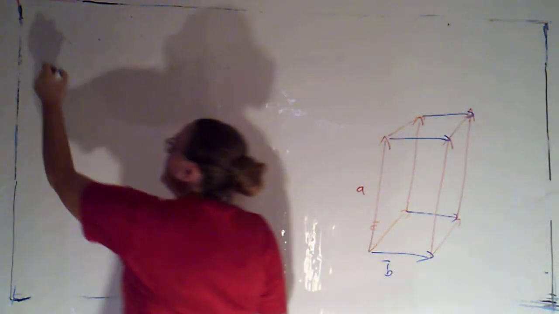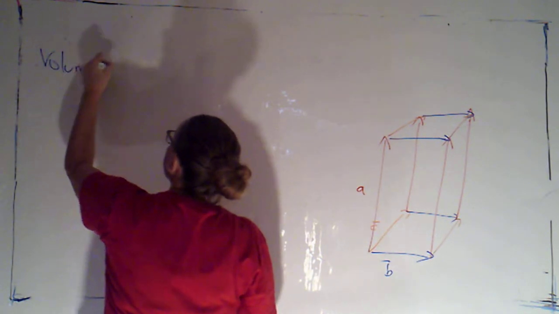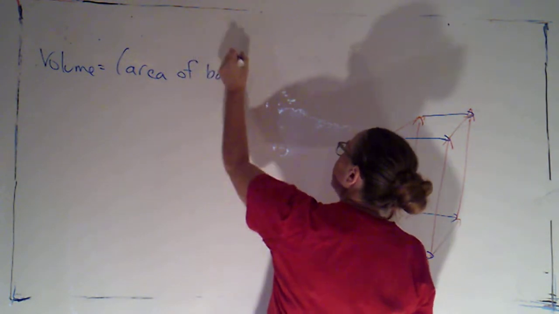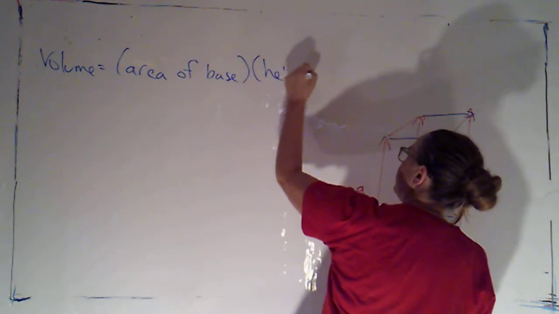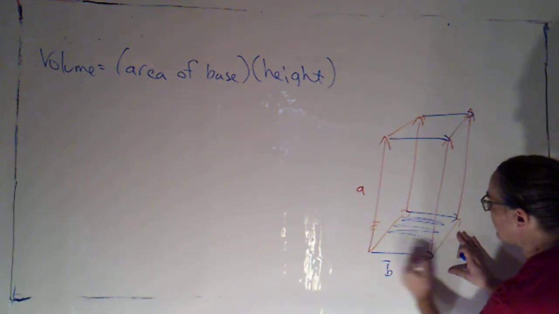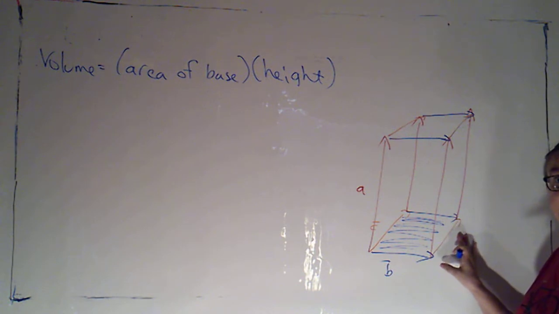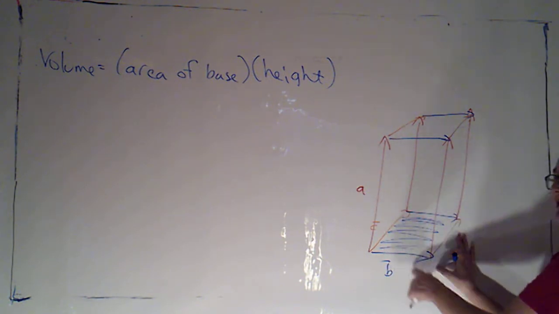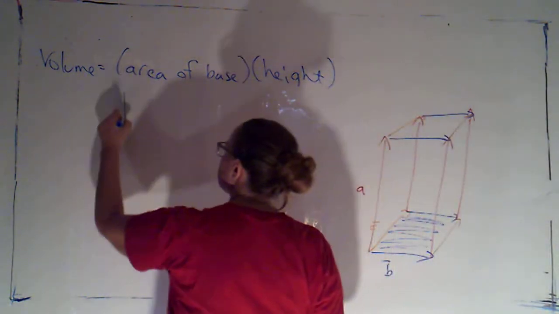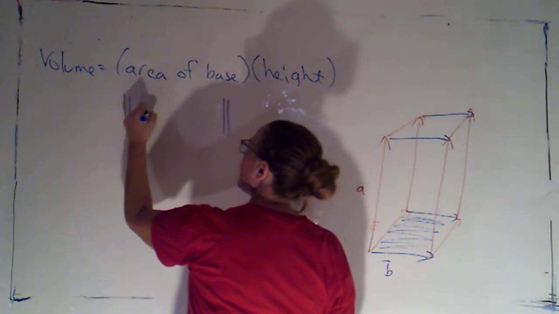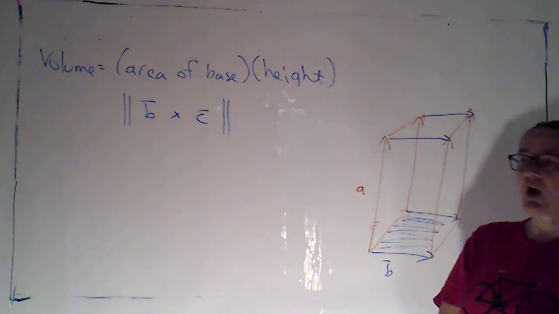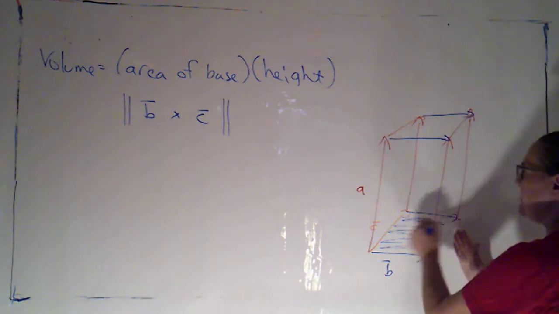Now, the volume of any shape like this is just going to be the product of two things. It's the area of the base times the height. Now, the base would be this parallelogram here that's determined by B and C. So that's a parallelogram that's determined by two vectors in 3 space. Well, we've learned that that's just the magnitude of the cross product of those two vectors. So the magnitude of the cross product of B and C is going to give me the area of the